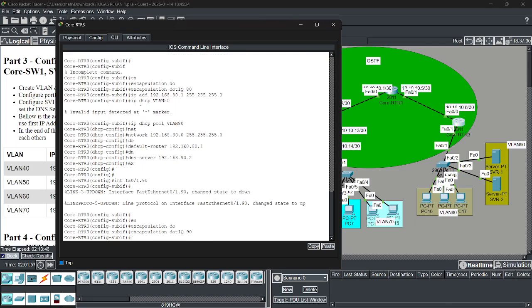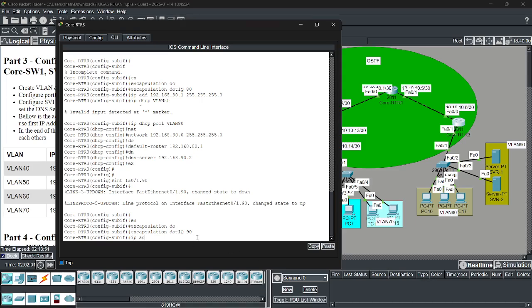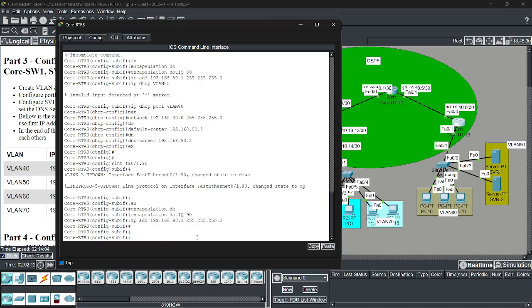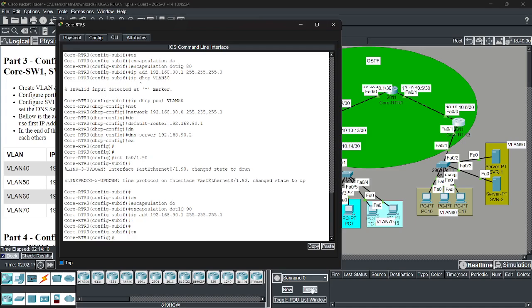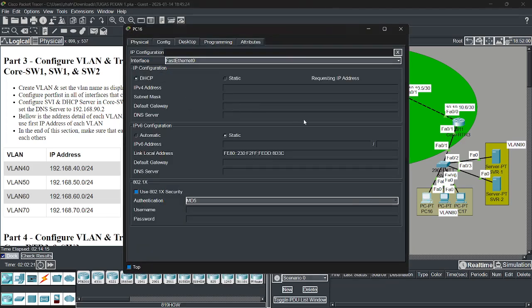Okay, we add the IP address. Okay, and then we check.